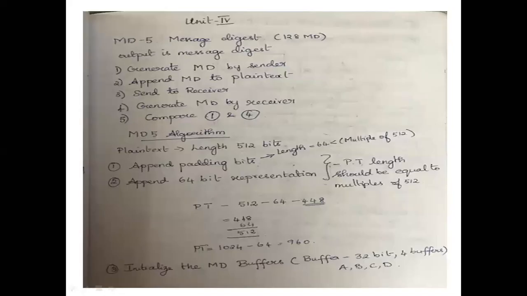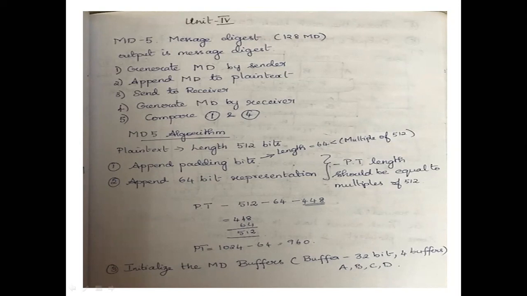So message digest, already we studied about how to generate MAC code, how to generate hash code. Yesterday I told you how to generate the MAC code and how to generate the hash code. So MAC code and hash code can be called as message digest. In other words, how you use an authentication algorithm to generate this MAC code or a hash code. So one of the algorithms is MD5. The output is going to be a message digest, and this message digest is going to be 128-bit.